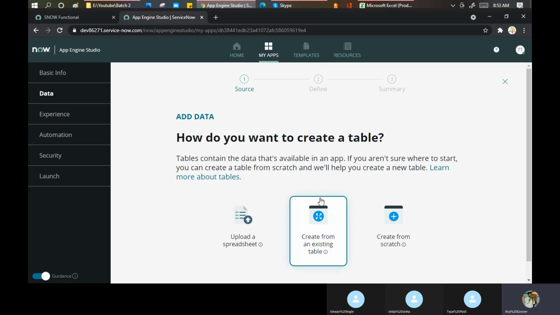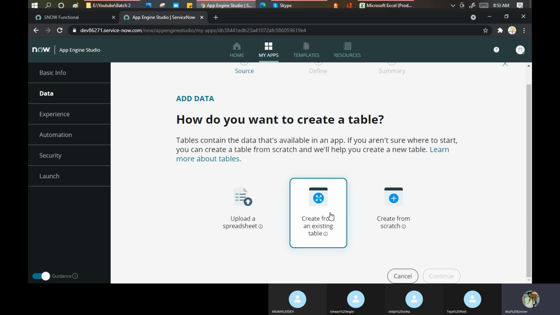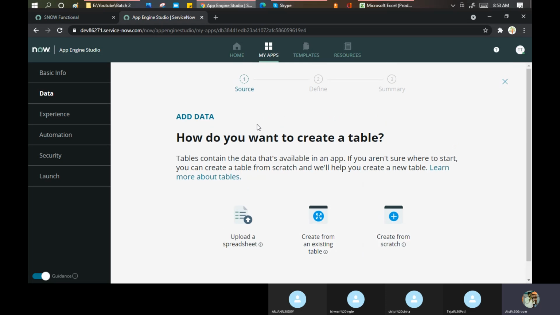Whenever you create a table, they now show options like upload a spreadsheet or create from an existing table. It means I can create from the task table or create from scratch. Generally, when we create a scoped application, we create the table from scratch as well. Click on create from scratch. This particular topic is kind of a revision of the different terms which we have done.